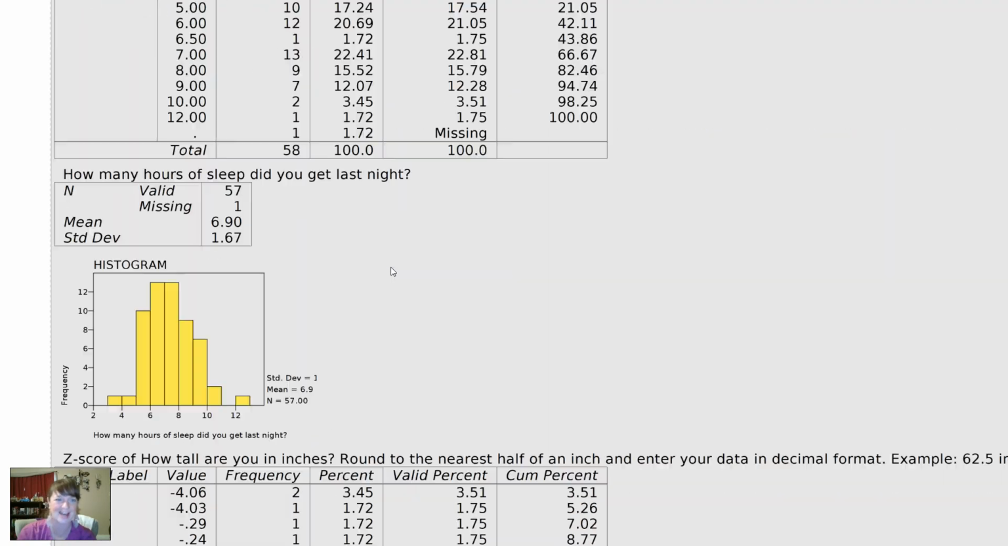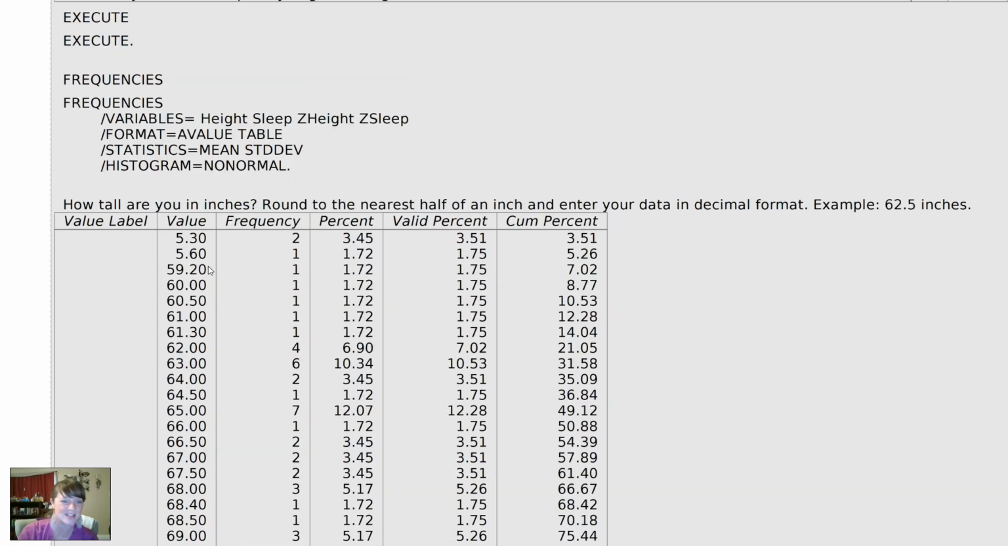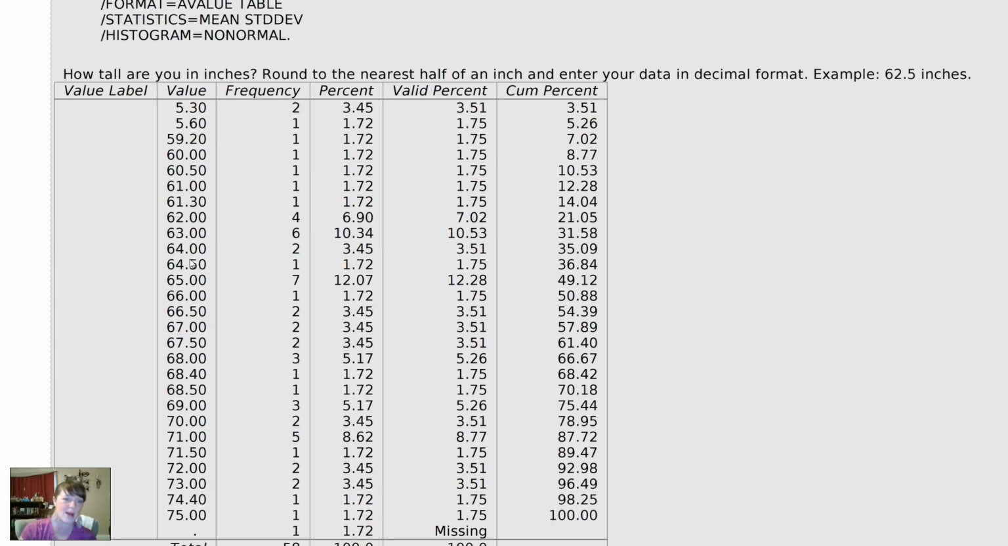How strange is that? So you might want to go in there and delete that case. There were 2 people who told us they were 5.3 and 1 person who told us they were 5.6. That's super weird. We might want to go in there and delete those cases, or we might want to go in there